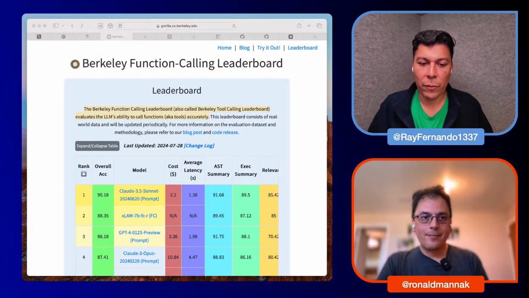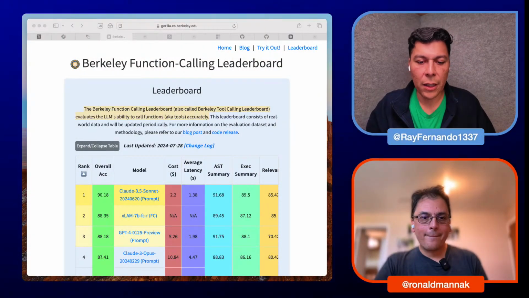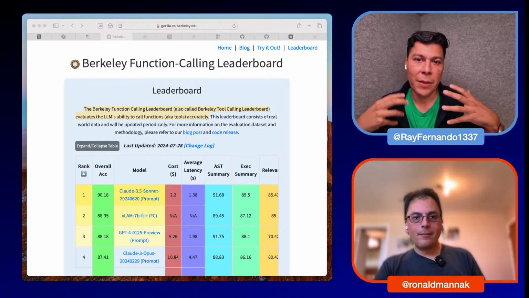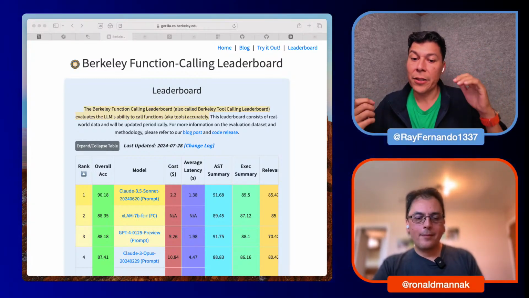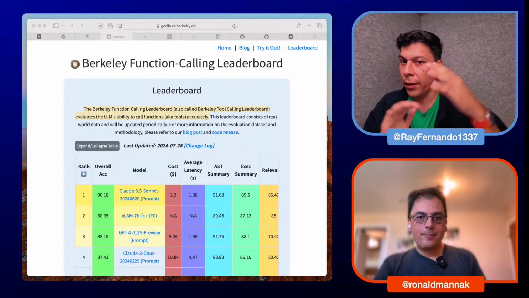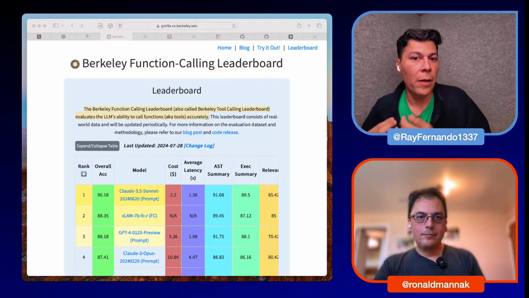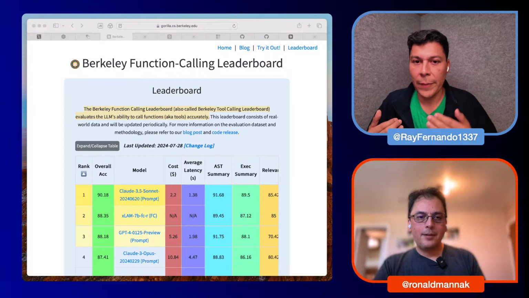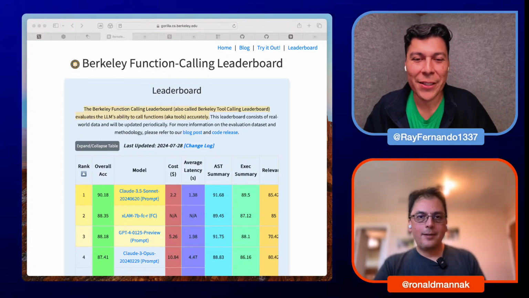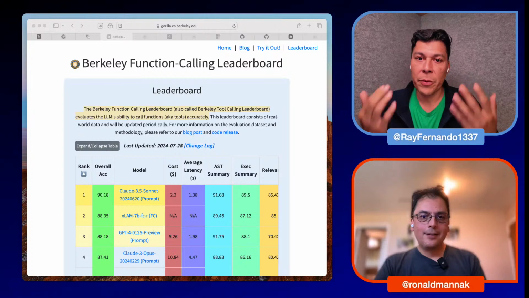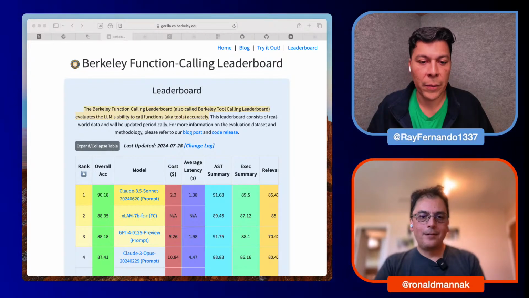Super excited. Then we talked about the Berkeley function calling leaderboard and how that's now being tracked as a way to keep track of these types of things. We're anxious to see where OpenAI is going to rank, and also see the updates and how Groq's Llama models are going to be ranking up there. According to the data that Groq has released, it looks like it's quite up there. I'm really happy that everyone's pushing the edges here, and it's something you should definitely be aware of.